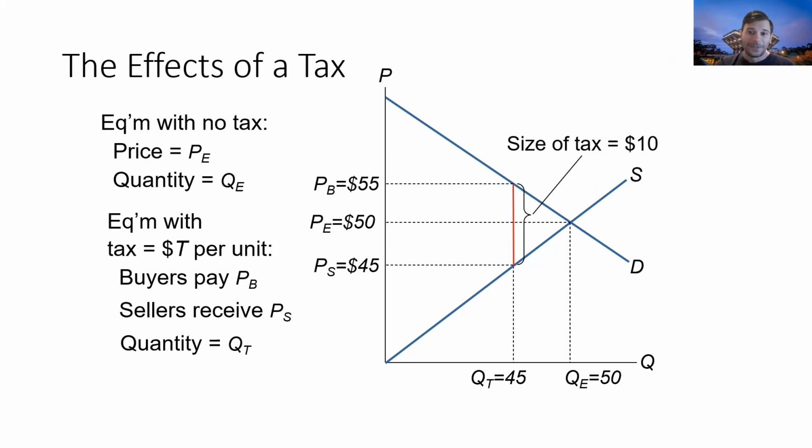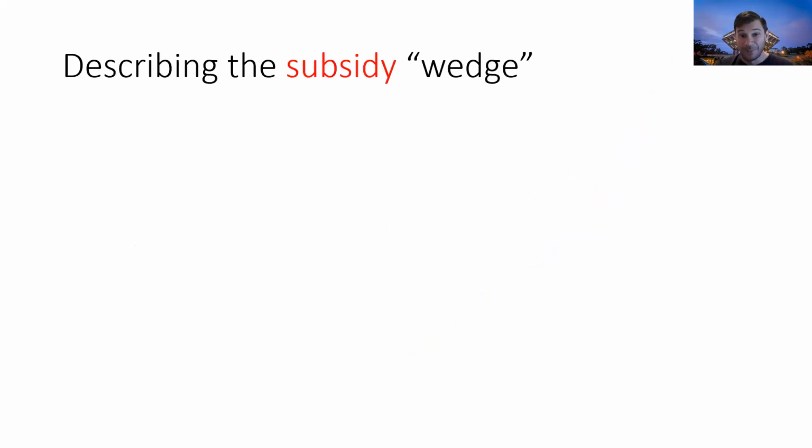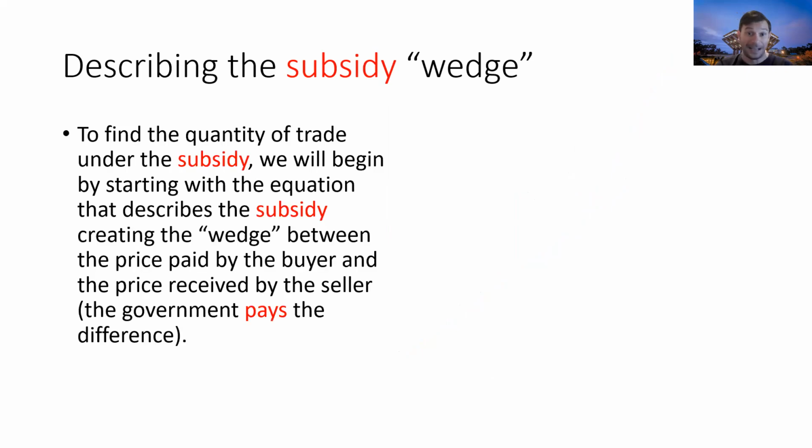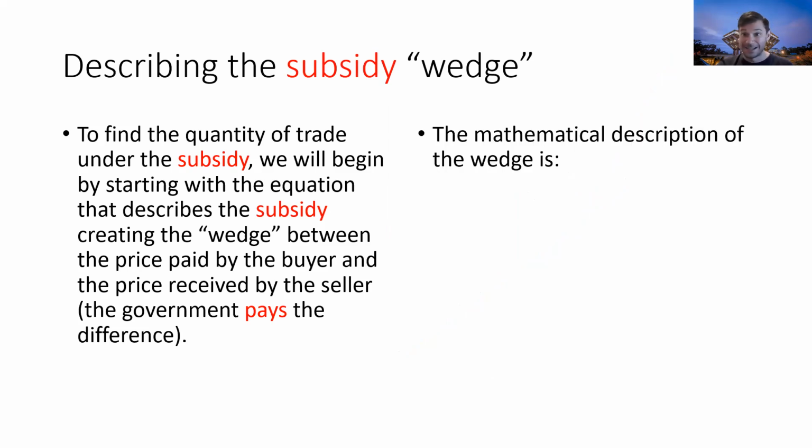Right, now we wanted to shift gears and think about a subsidy. I'm going to argue subsidies are pretty easy because they are literally a negative tax, literally a negative tax. So if we wanted to think about the same problem, but with a $10 subsidy instead of a $10 tax, then all we would do is write out the tax wedge and plug in a negative value for the tax. Instead of a positive $10 tax, we have a negative $10 tax, which is the same as a $10 subsidy,